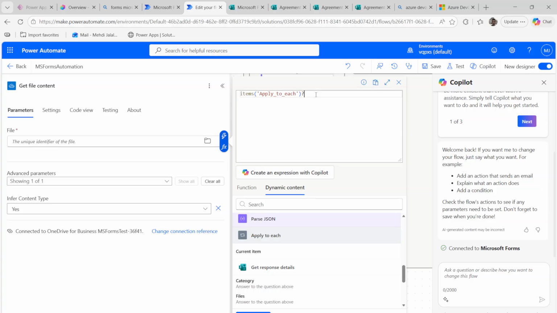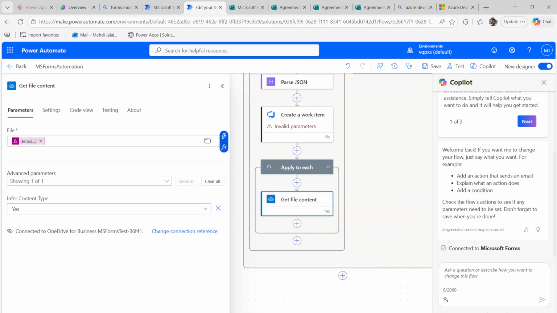We give the file ID. It will come like this. So once we get that,